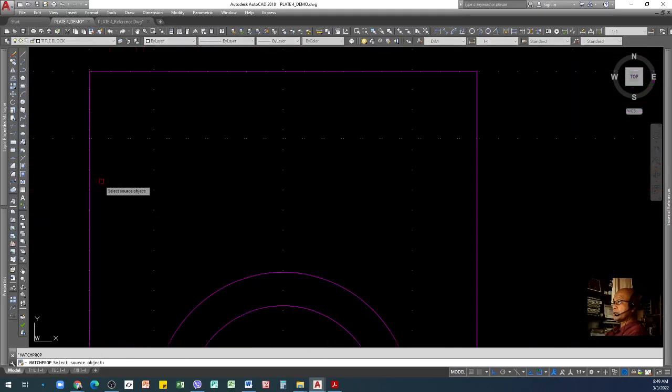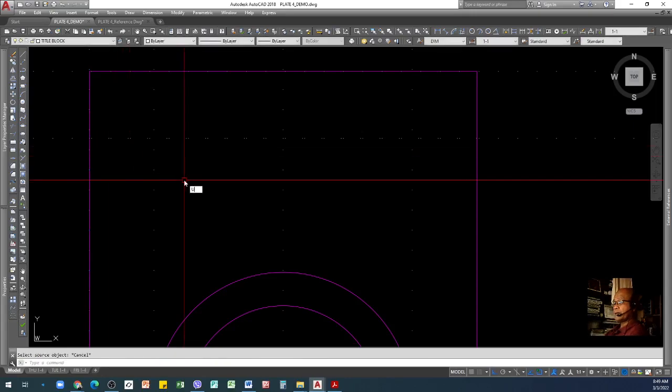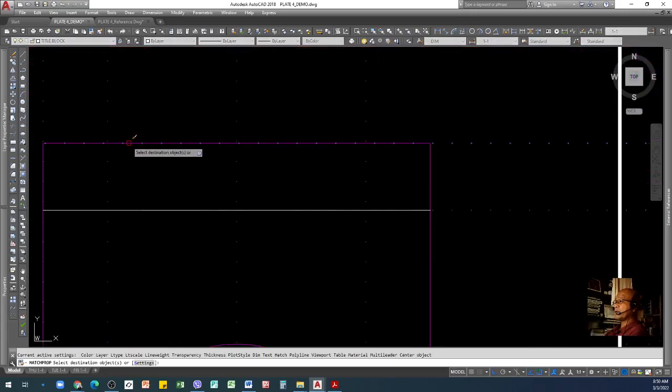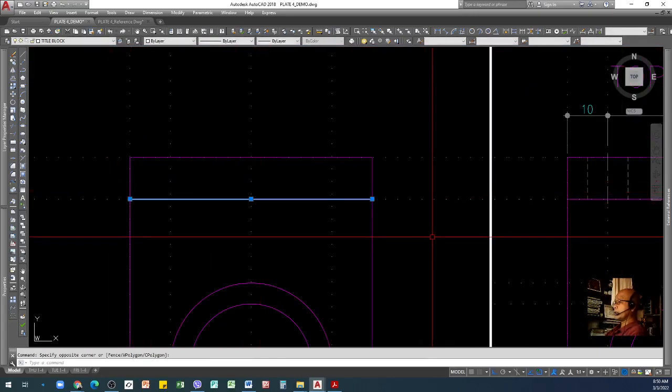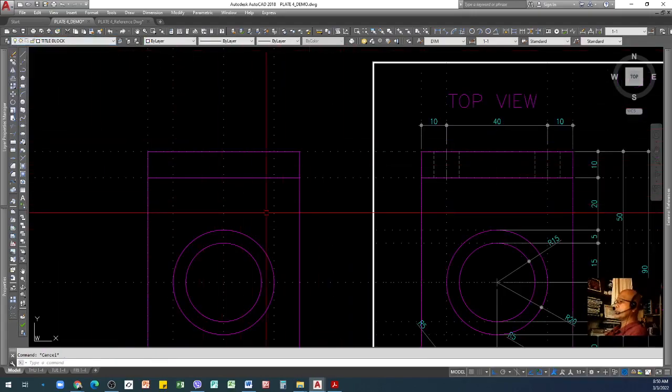Sorry, I need to copy. I'm supposed to copy the magenta color. Click. Okay, I cannot. I just click here, and then that's it.